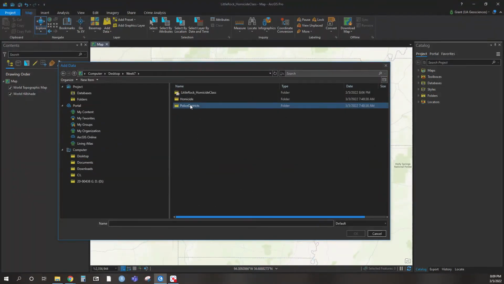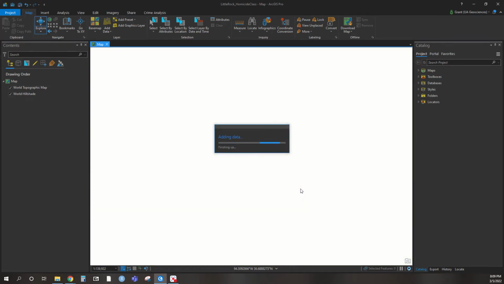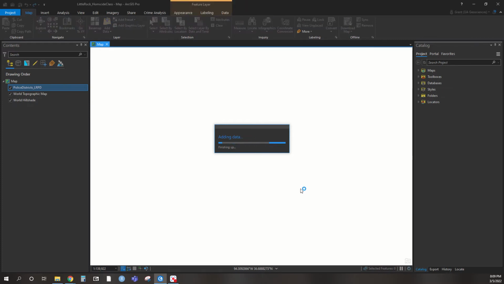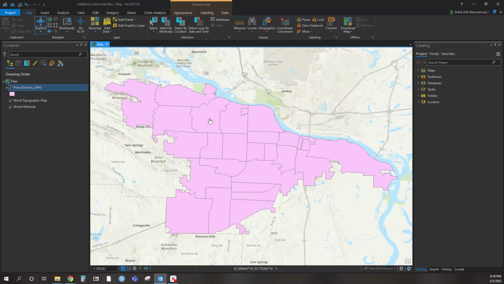Go down here, and first I'm going to bring in our boundary file. So this is what's going to be the boundary of Little Rock, specifically the police districts that are within it. So I'm going to click OK, and that's going to add it to the map for us. And luckily it already has a spatial reference to it, so it's going to zoom into this layer for us, and it's going to put it properly in Little Rock. Because of that, it has lat long, the WGS, World Geodetic System, for us. So you can see here, each one of these little boundary areas is a different police district in Little Rock. We'll get to how to change some of the symbology of it, how it is viewed in here. But first, let's get all the data in here